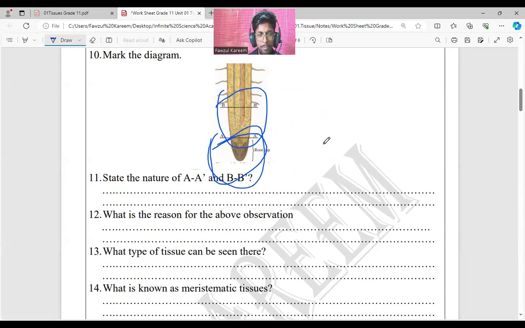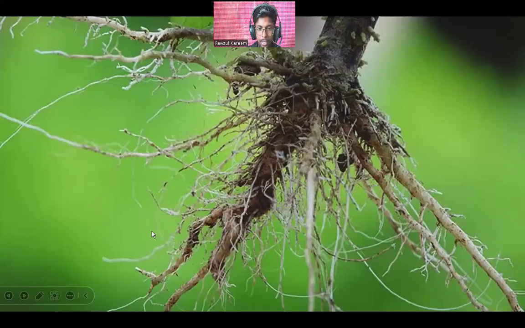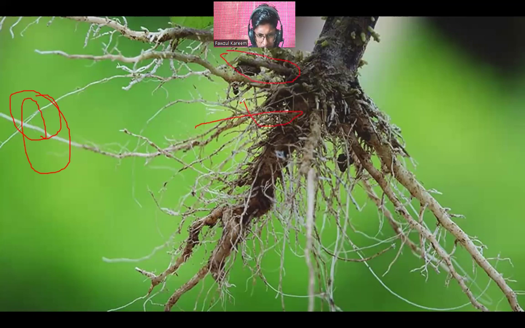What's the nature? What was the color? A was soft in nature. It was light color, very light color, right? But if you take these areas, they are very hard and rough, and they are dark color. So these areas are dark color, and these areas are very light color and very soft. And here they are very rough, hard nature, right?